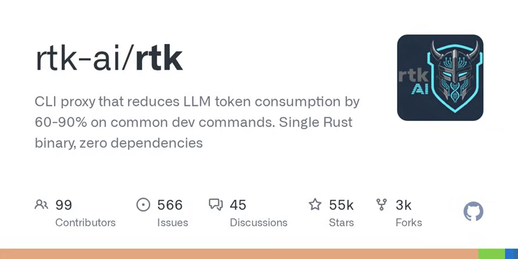rtk git diff gives a condensed diff, no commit headers. rtk git add outputs simply OK. GitHub CLI: rtk gh pr list gives a compact list of pull requests. rtk gh run list shows current workflow run status. Test runners: rtk jest shows only failed tests, rtk pytest compresses output by a factor of roughly 90%, rtk test